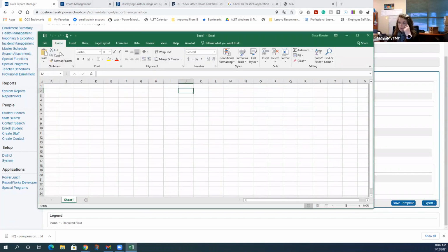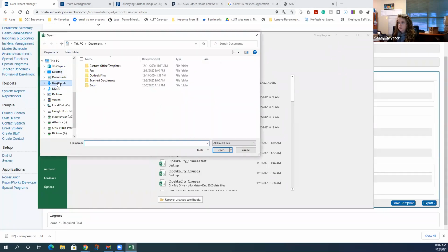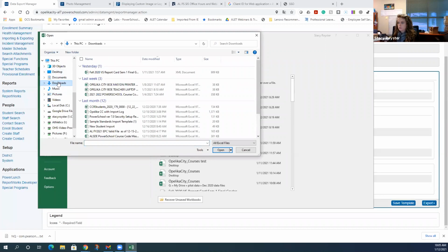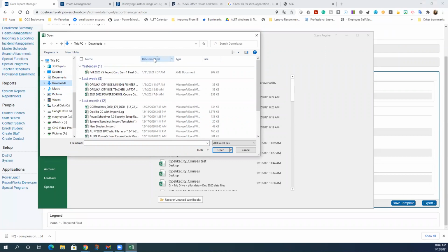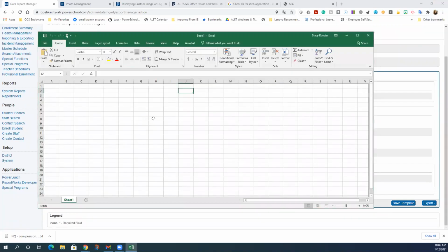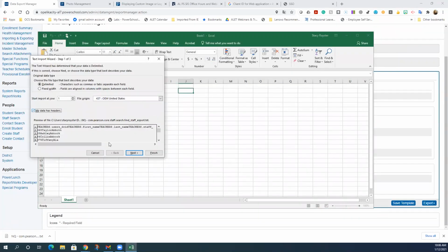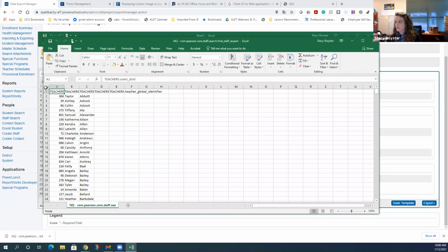So I'm going to come in here and have it open. Open, browse. And my downloads. Come on, where are you? Change your file type from all. Oh, thank you. Because I always forget that. I've just been doing that for the past several days. All right, so now I have